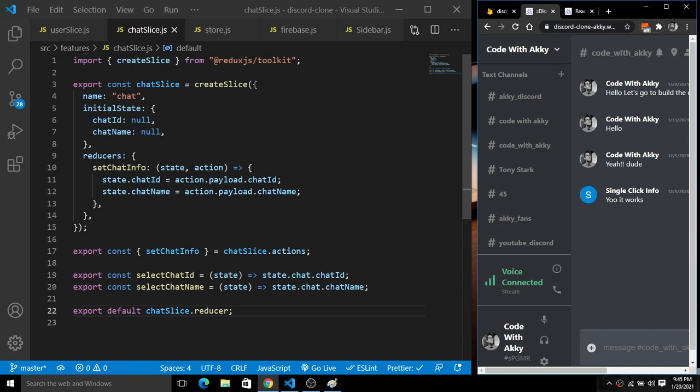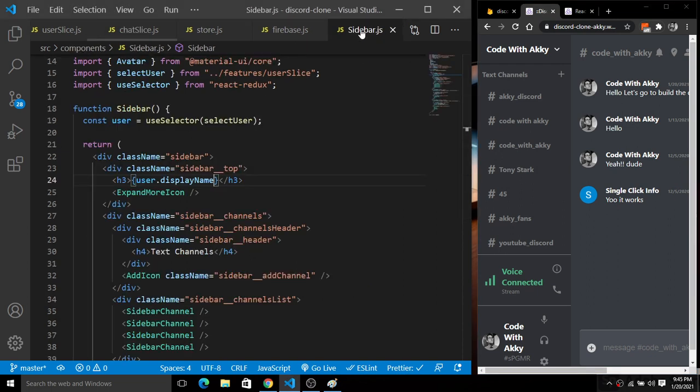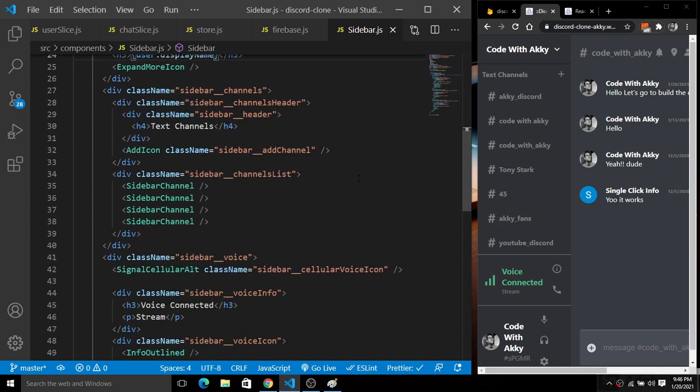So let's go to the sidebar.js, and inside this sidebar.js we are going to add an onClick functionality on the plus sign. As you can see here, we have this chat plus sign on this text channels here. So inside this sidebar.js, I am going to simply create the onClick functionality here.